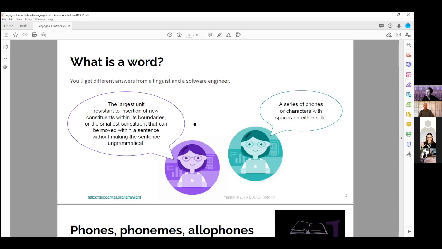What is it? So when you talk to a computational linguist, a word is a series of phones, so a series of sounds or characters with spaces on either side. So the phones are the sounds, sound sequences, and then characters with spaces on either side would be